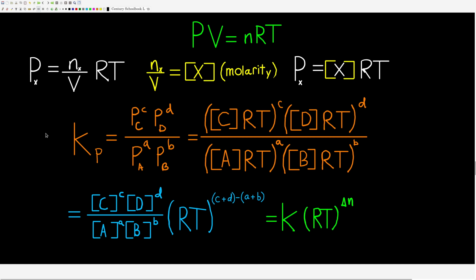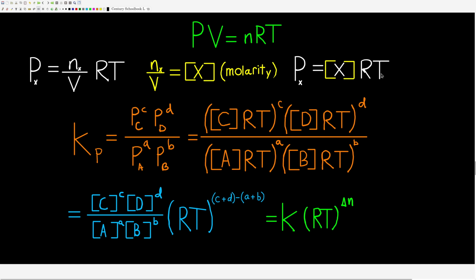We're going to start out with the ideal gas law. So PV equals nRT. We can rearrange this, divide through by V. So P for gas X, the pressure for gas X, is just going to be the number of moles of gas X divided by the volume times RT. Remember, these are all in the same container, so the volume's the same, and the temperature has to be the same because they're in the same container, right? So the partial pressure depends upon how many moles of that gas we have. But this over here, n over V, moles over liters, that's just the concentration or molarity of X, which means that the partial pressure of gas X is equal to the molarity of gas